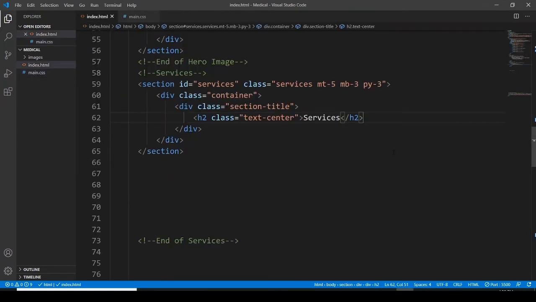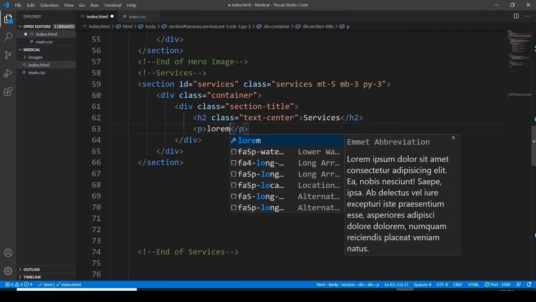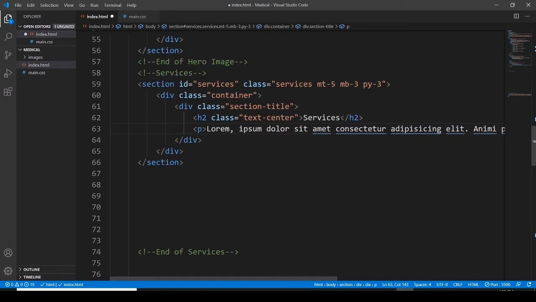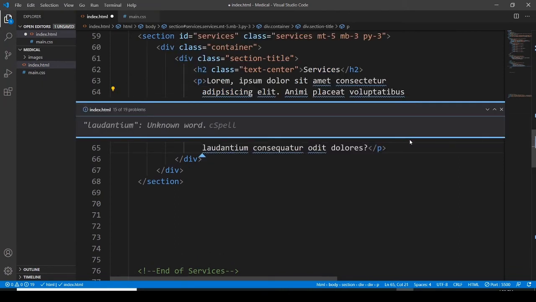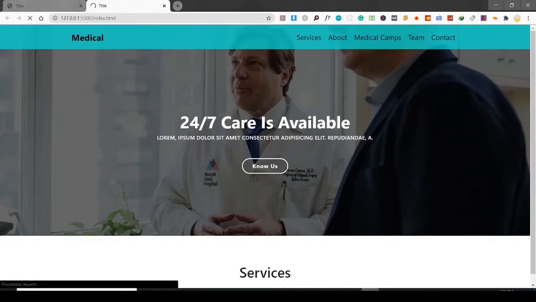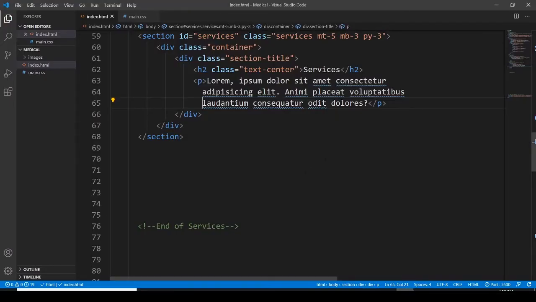Okay, now you know what we have to, where were we? We were in the services section, and now the next thing is I want to have a paragraph here, some dummy text, could be 15 words. I've just used some 15 words here. Let's see, maybe they are more than what I need, or they are okay. And now what we have to do,